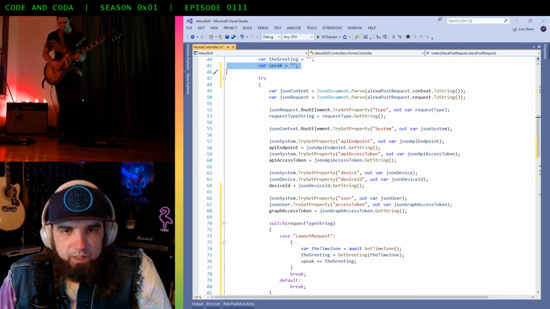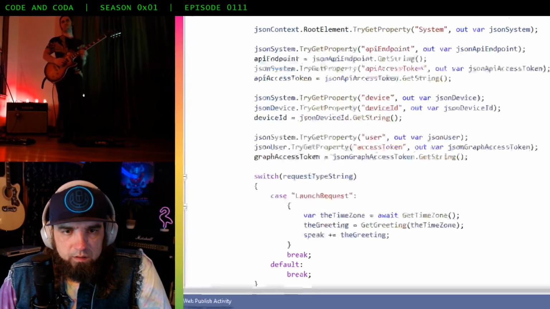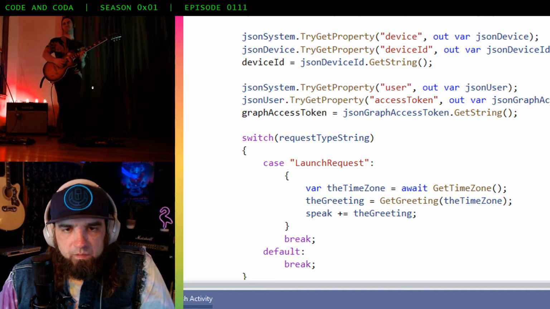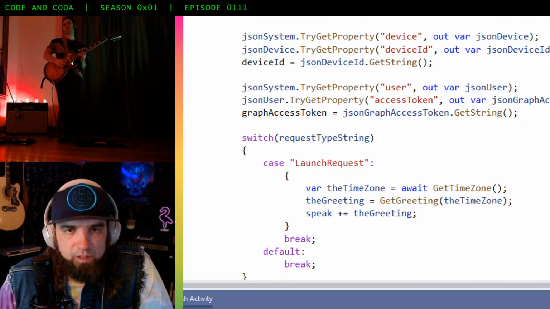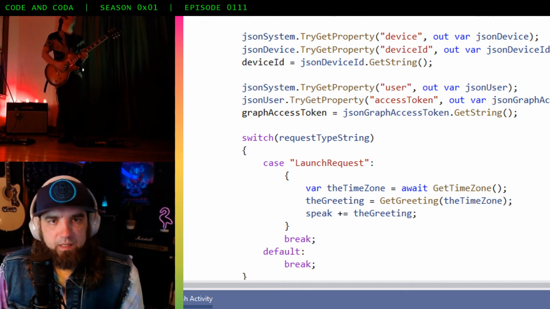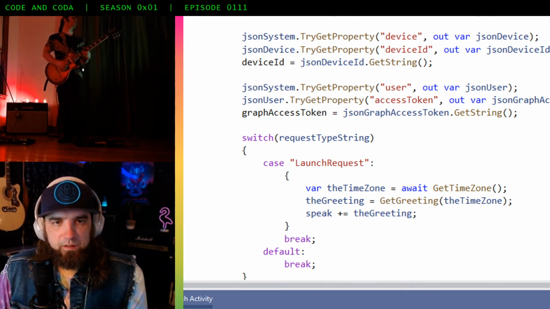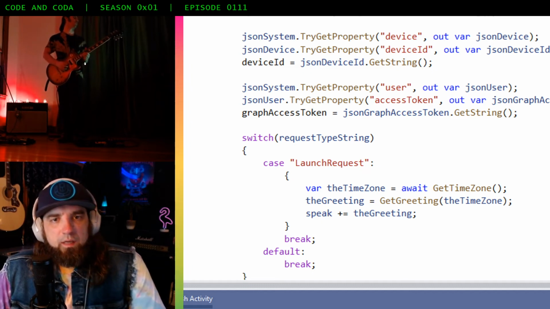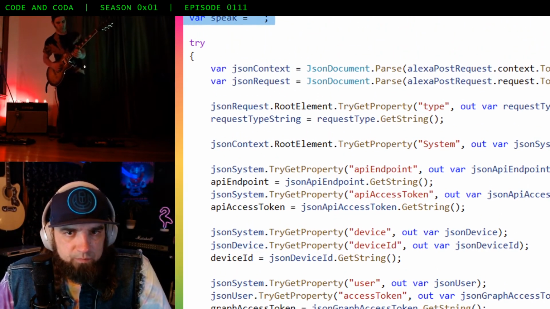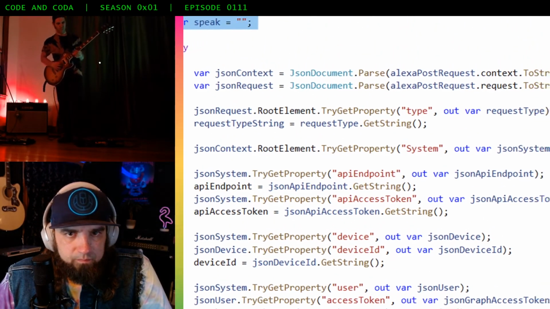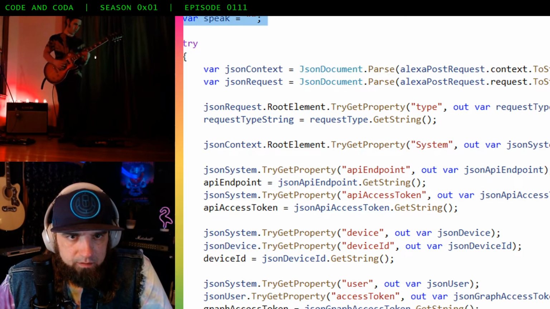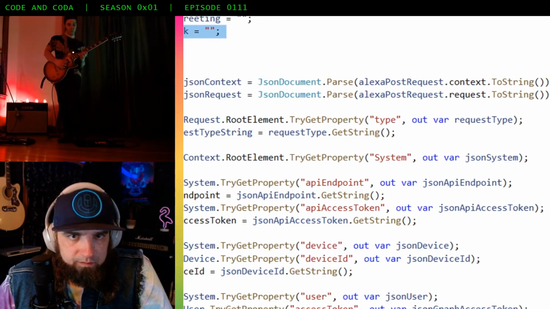And the way that we decide the type of action to take is, first we can look at the request type. So down here in our code, after I get the access token, I've added a switch code block. And the request type string, well, that comes, remember from previous episode, we're getting the request type from the type object here, from the request object.